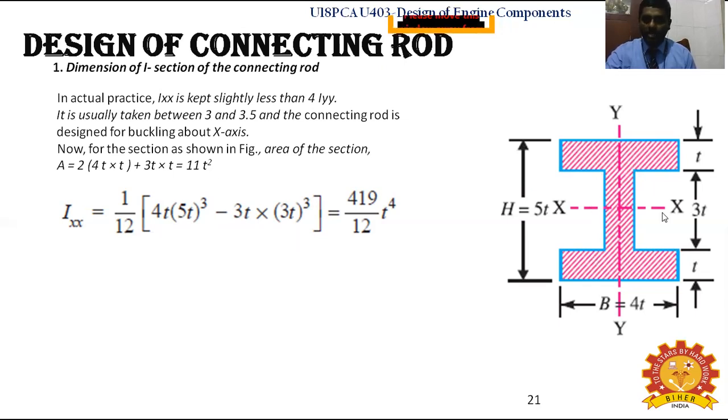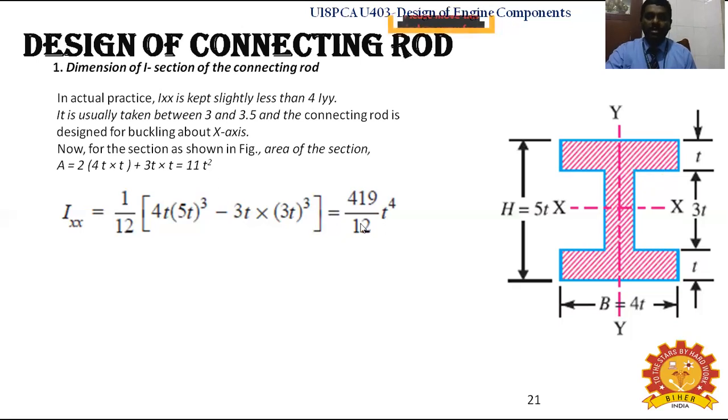So these two rectangular sections you can add and make as one rectangular section, so that it will have 4T minus T, which gives 3T as its width. That is the width. And depth is 3T. That is what D cube. B is 3T and D cube we will be substituting with 3T, because we know the formula is BD cube by 12, so you are making the substitution.